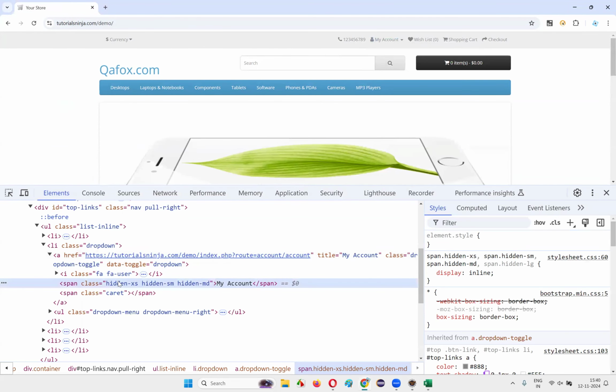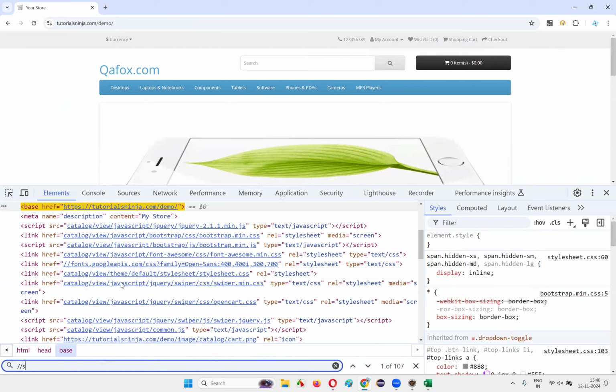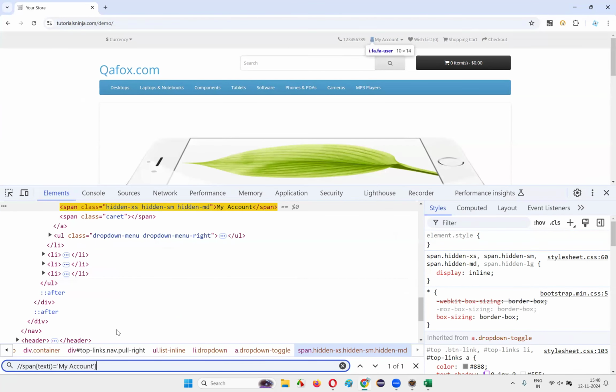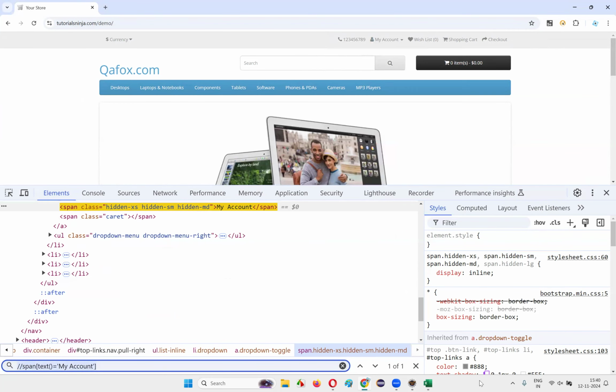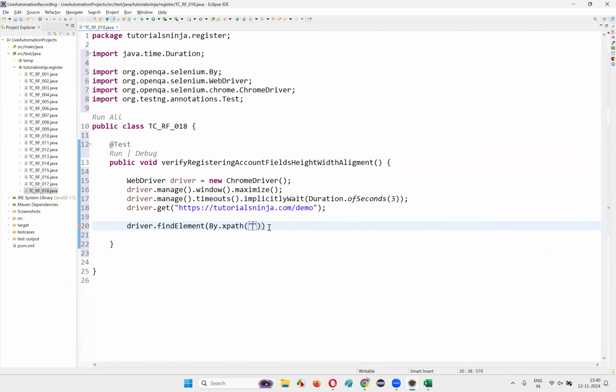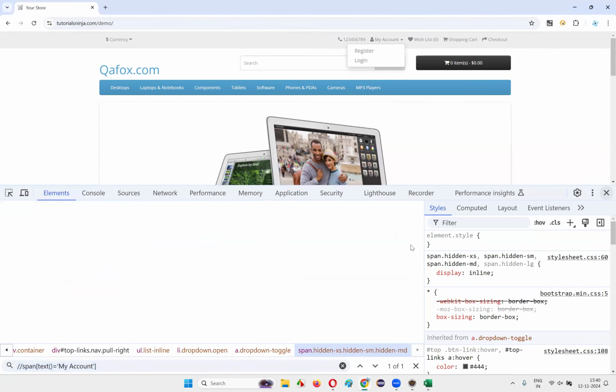Here my account is there. Control F, /span, text is equal to, give that text between the tags, that is my account. Copy this XPath expression and simply write down driver dot find element by dot XPath. Give the XPath expression and simply say dot click. Once you click on this, it will select the my account drop menu, and then I need to